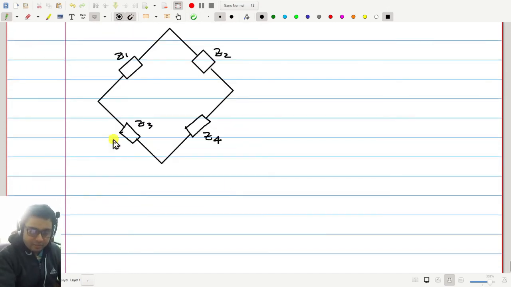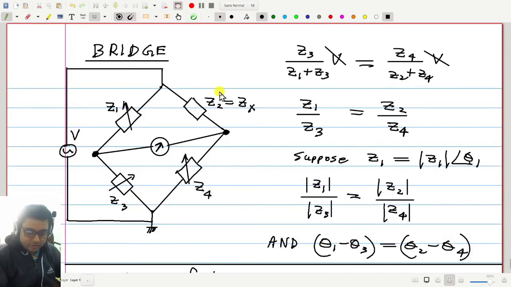Okay, here, by the way, I will not draw the source and the detector all the time, to save some time. I mean, they are in the opposite two arms, and the balance equation does not depend on where the source and the detector are. Even if you interchange this, the balance equation remains the same. It is always the ratio of adjacent arms, this by this equal to this by this, or same thing, this by this equal to this by this. So therefore I will not draw the source and the detector always.